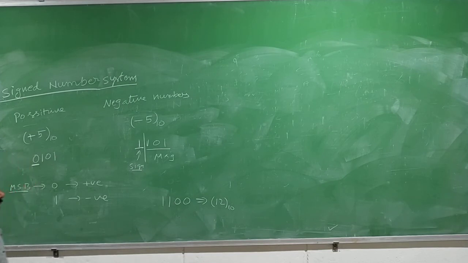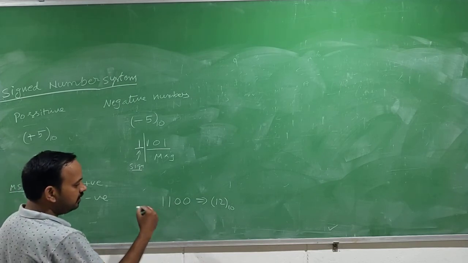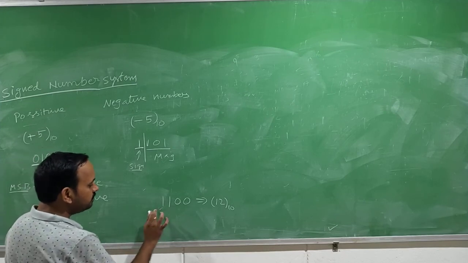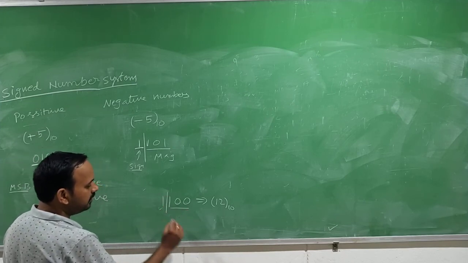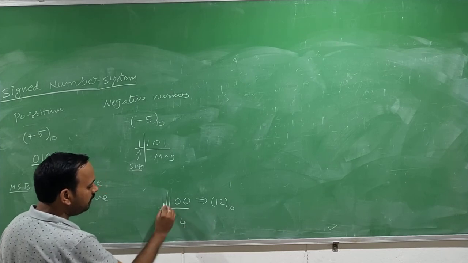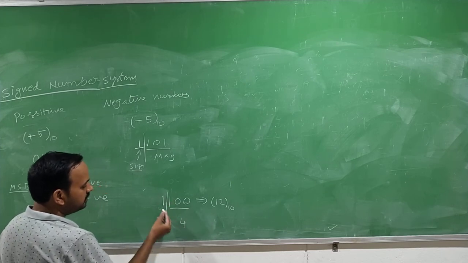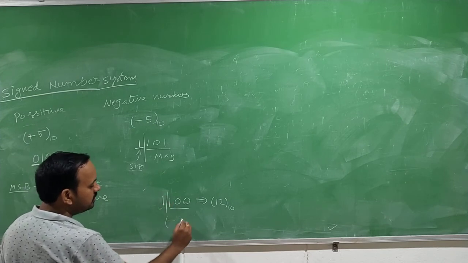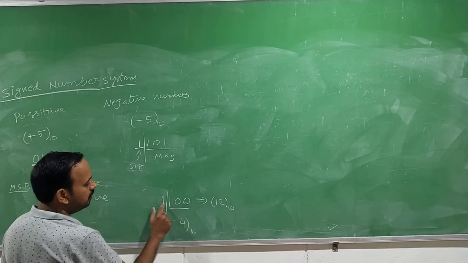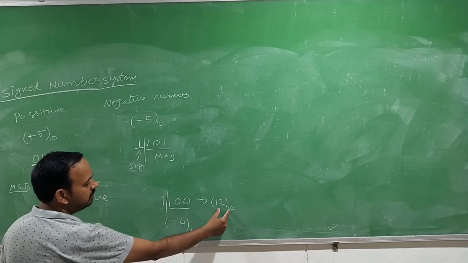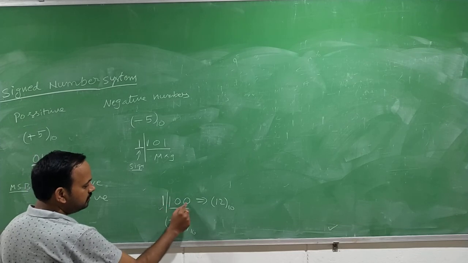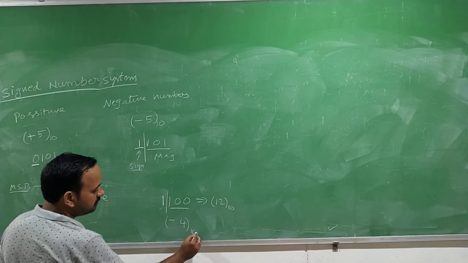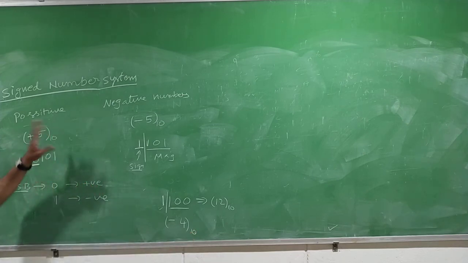But if they say you are in the signed number system, now tell me this value. Then we have to look at only this part for the magnitude. This value is 4, and this 1 is the representation of the sign, so it represents minus. So now this is minus 4. If you look at 1100 directly, it becomes 12 in decimal. But if you look at 100 with a minus sign, it becomes minus 4. This is the representation you need to remember.